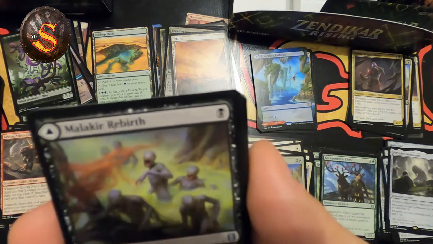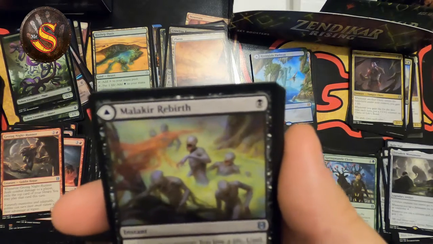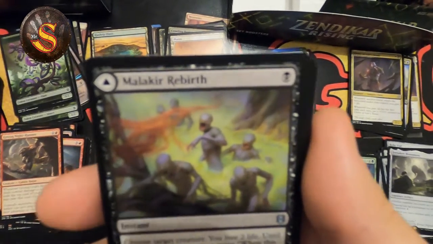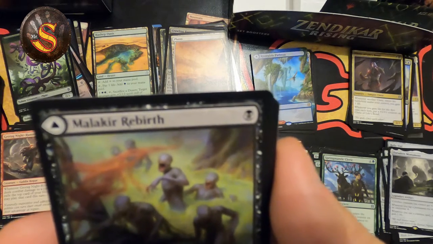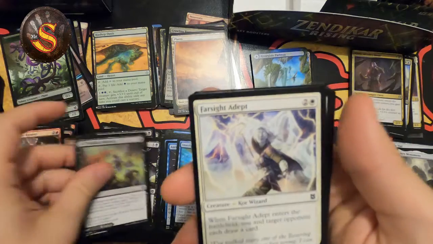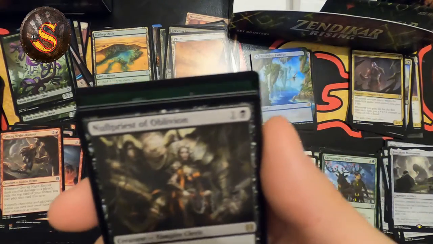Malakir Rebirth, aka Malakir Mire. What do? Choose target creature, you lose 2 life. Until end of turn, that creature gains: when this creature dies, return it to the battlefield tapped under its owner's control. Not sure how I feel about it. Farsight Adept. Another that, and our rare is...